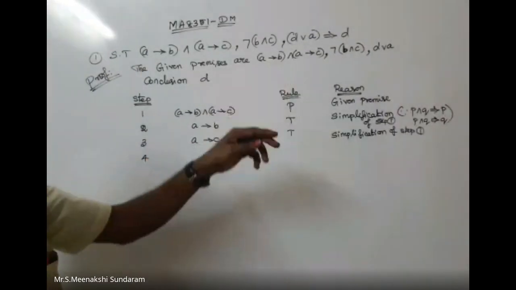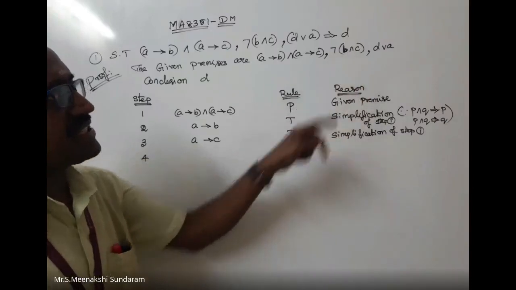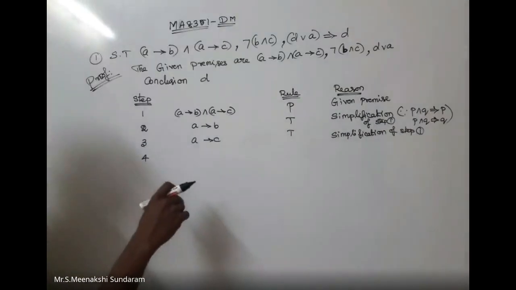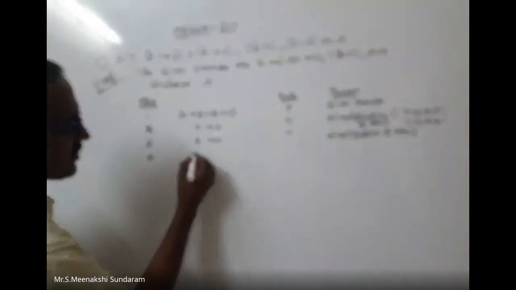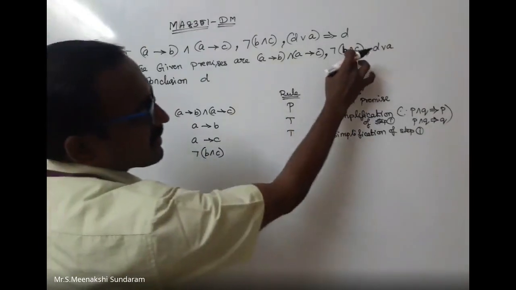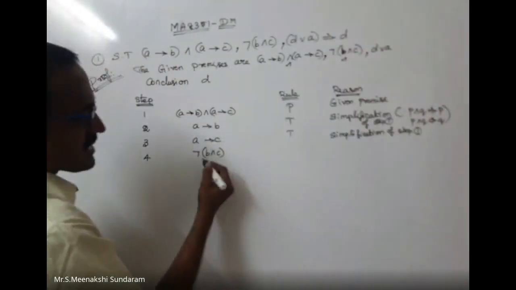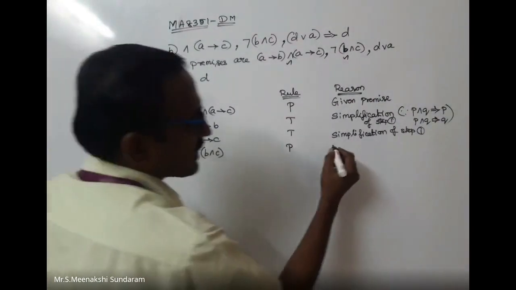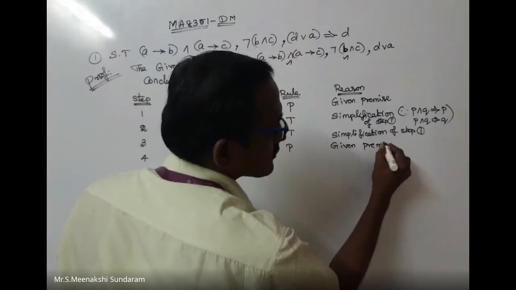Any other formula I can write? First premises I can use. Next I can take negation of P disjunction Q, or otherwise you can take P disjunction C. What can I write? I would like to take negation of P conjunction C. First premises I can take. I would like to take for second premises. That is P, given premise. This is the given premise.